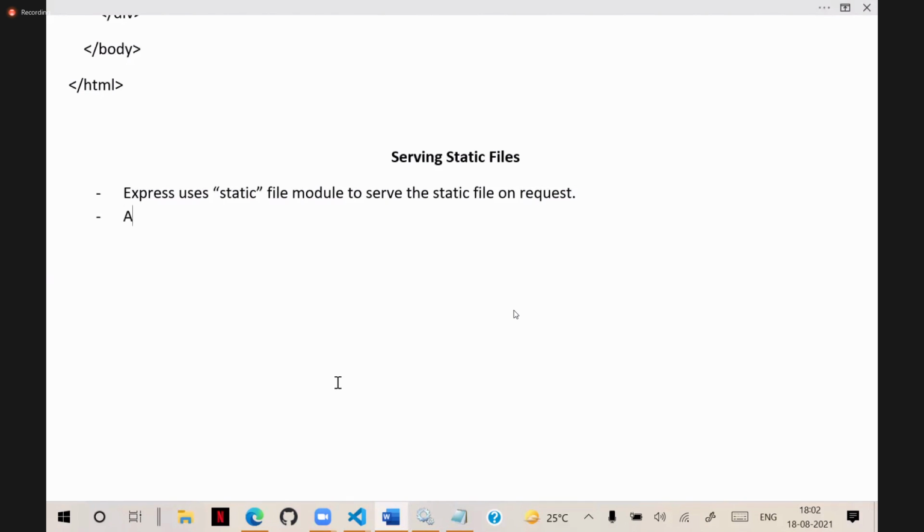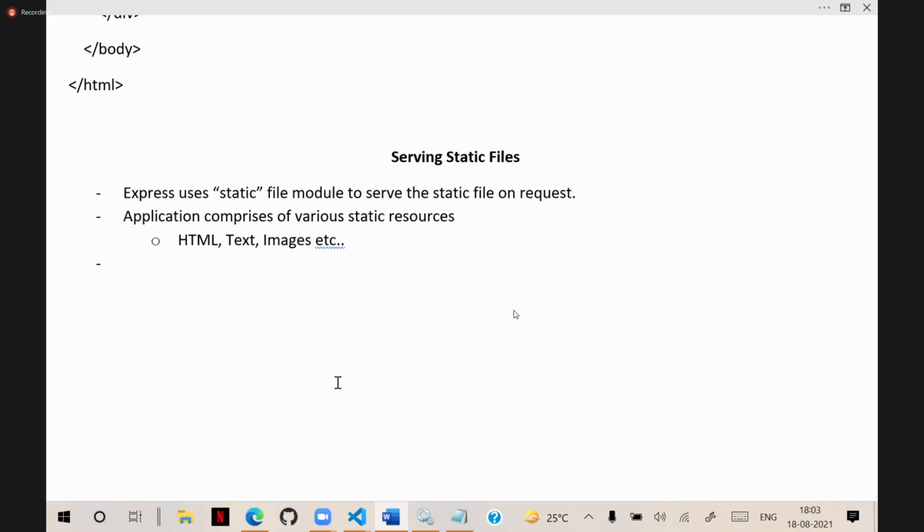Generally an application comprises various static resources, like HTML, text documents, images, etc. All of these come under static resources, and we need to provide access to them.